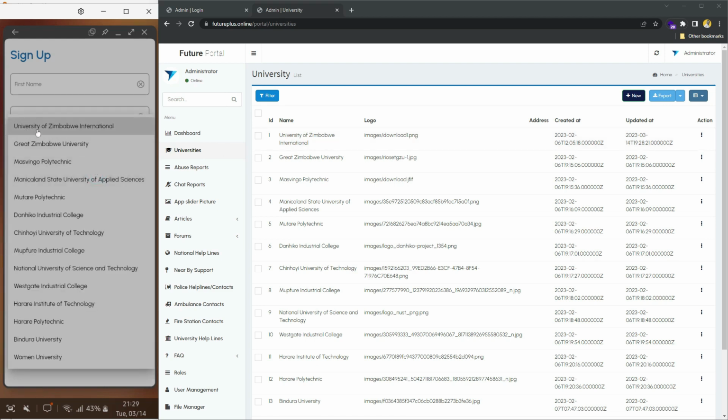So you can see that University of Zimbabwe has changed from University of Zimbabwe to University of Zimbabwe International. That's easy. So throughout this whole dashboard, we have a similar